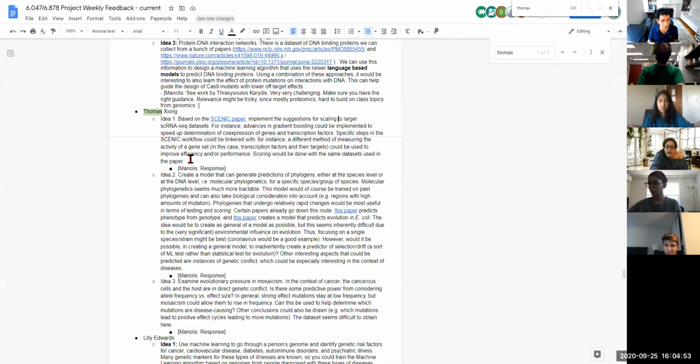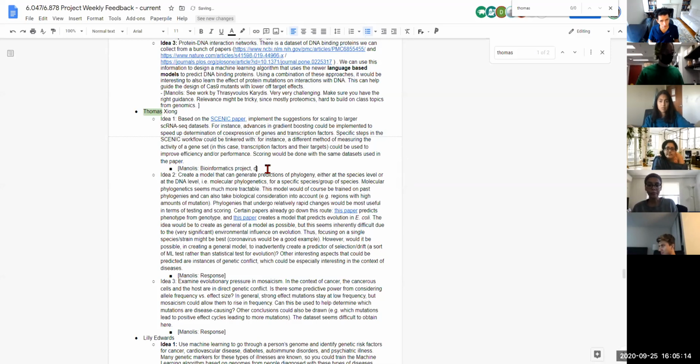implement the suggestions for scaling to larger cRNA datasets. For instance, advances in gradient boosting could be implemented to speed up determination of co-expression of genes. Specific steps in the workflow could be tinkered with. A different method of measuring the activity of a gene used. Scoring would be done. So I feel that this is more of a bioinformatics